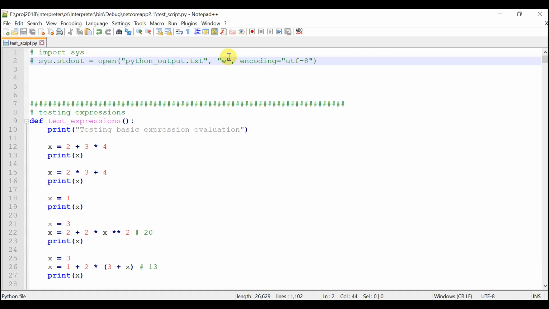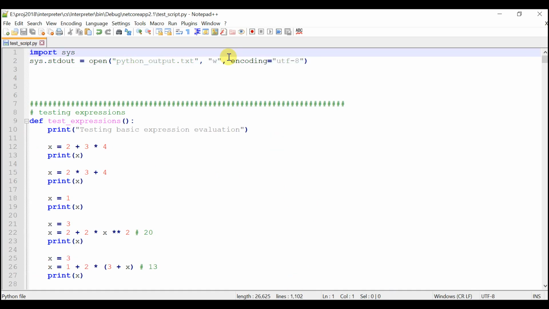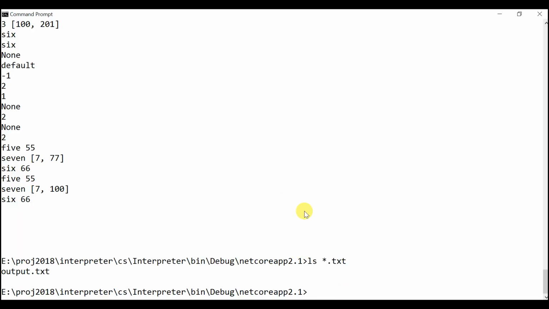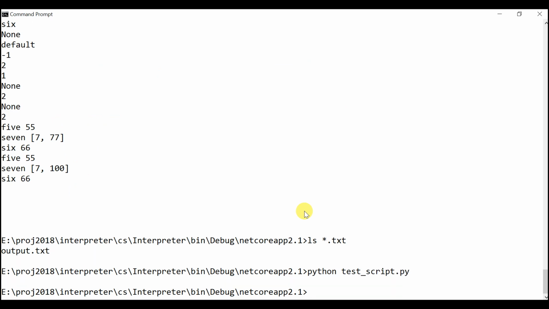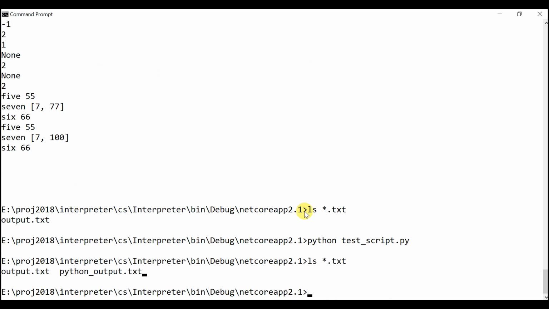Now I have to uncomment these two lines. This will tell Python to redirect a print output to a file called python_output.txt. So this produces the